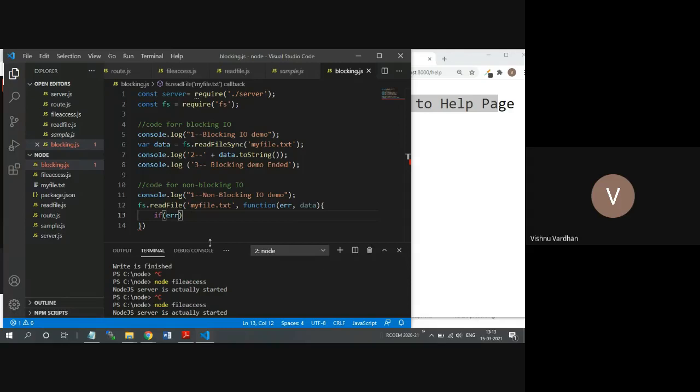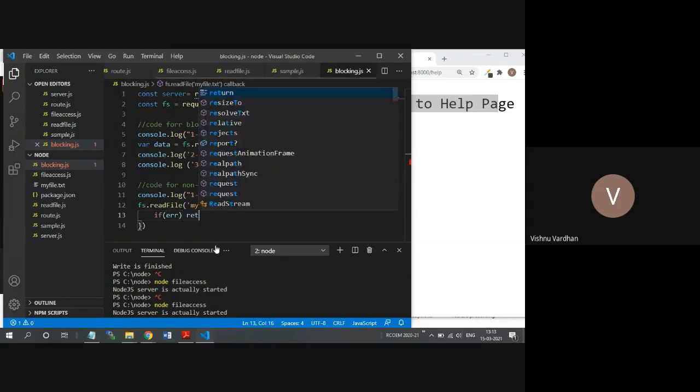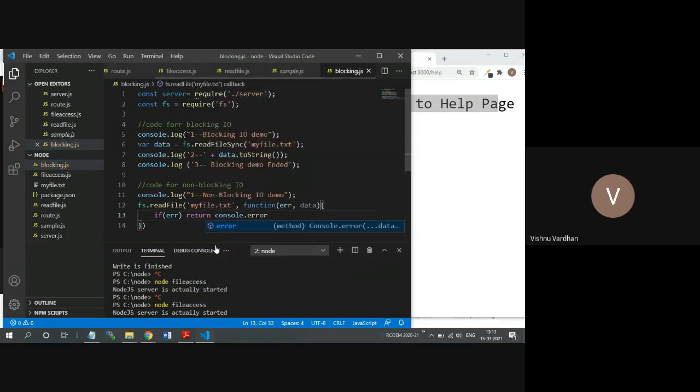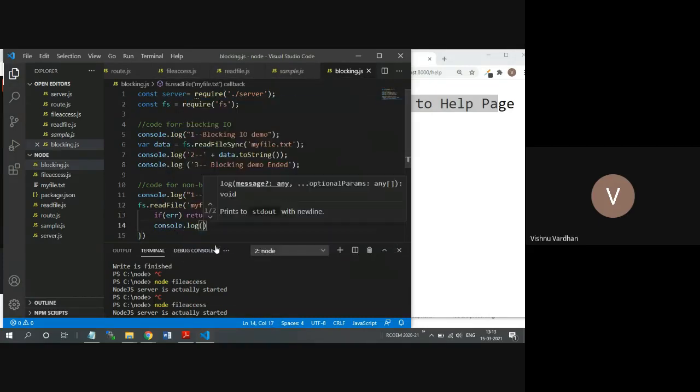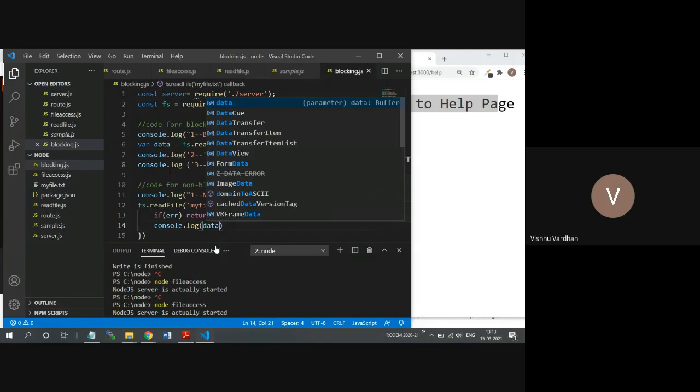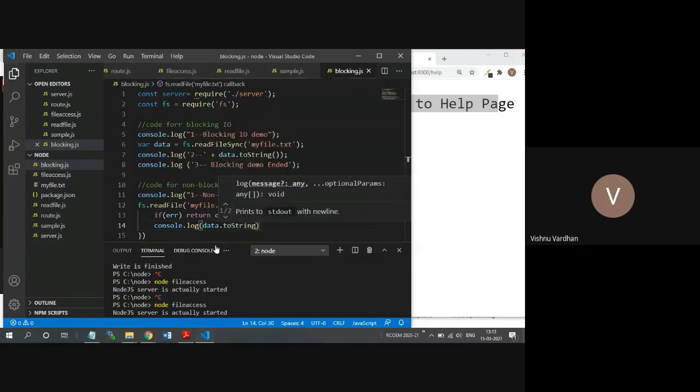Okay. So if there is any error, simply print that actual error. Otherwise, same thing, data.toString, and I'm going to give this as the second, because either this will run or this will run.